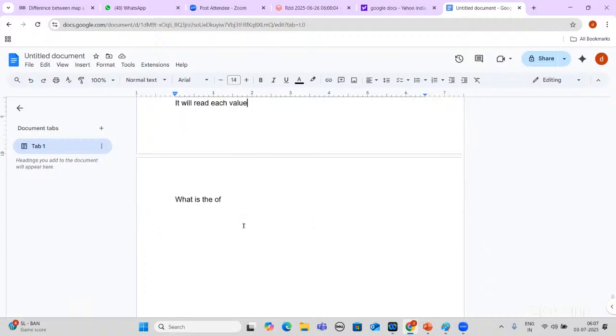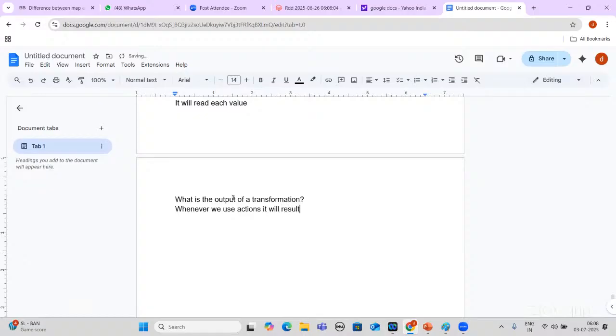Okay. What is the output of a transformation? So whenever we use actions, it will return a result set.